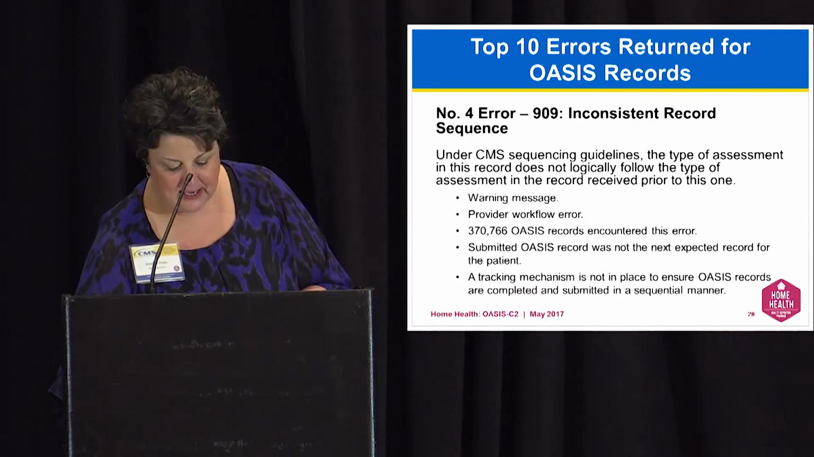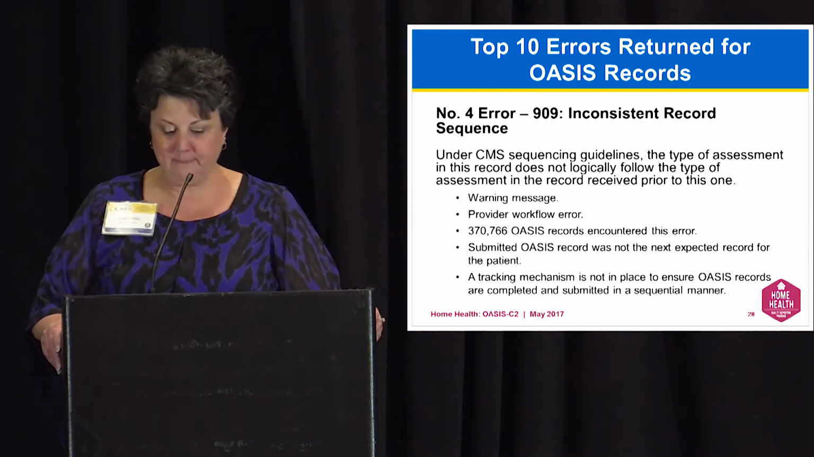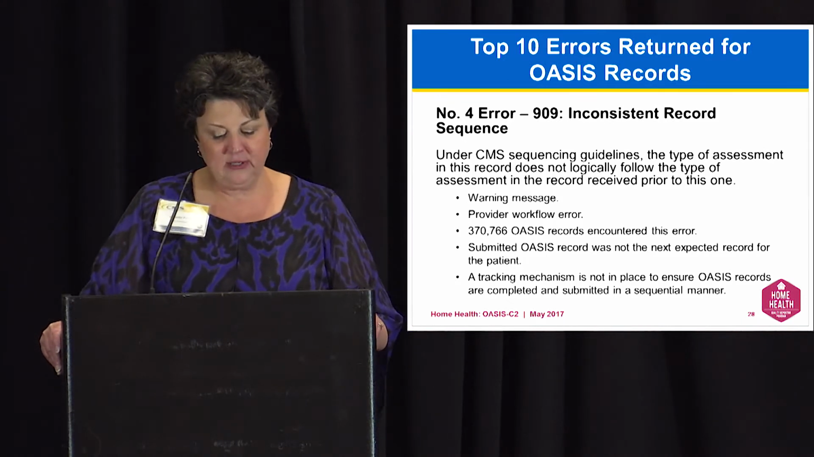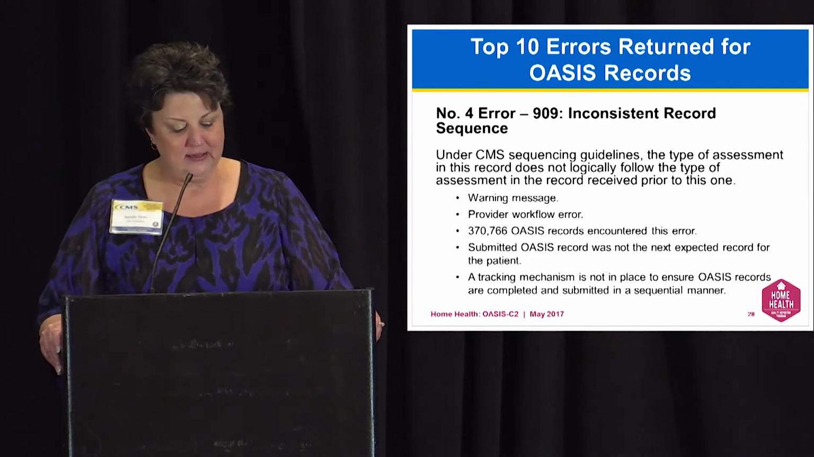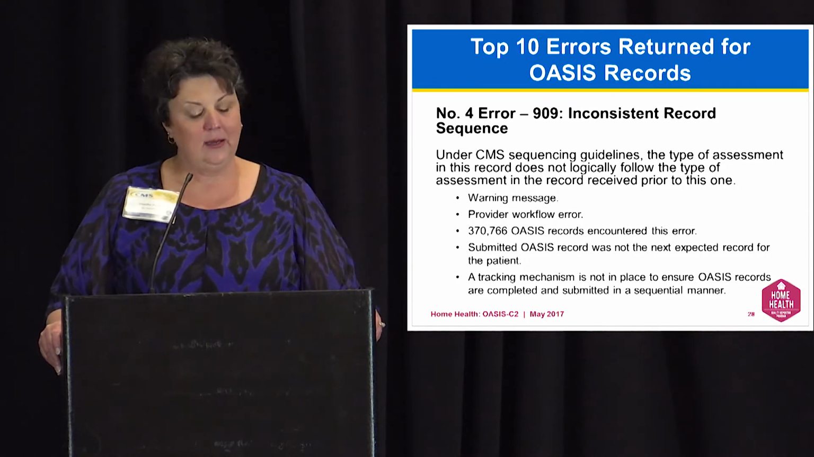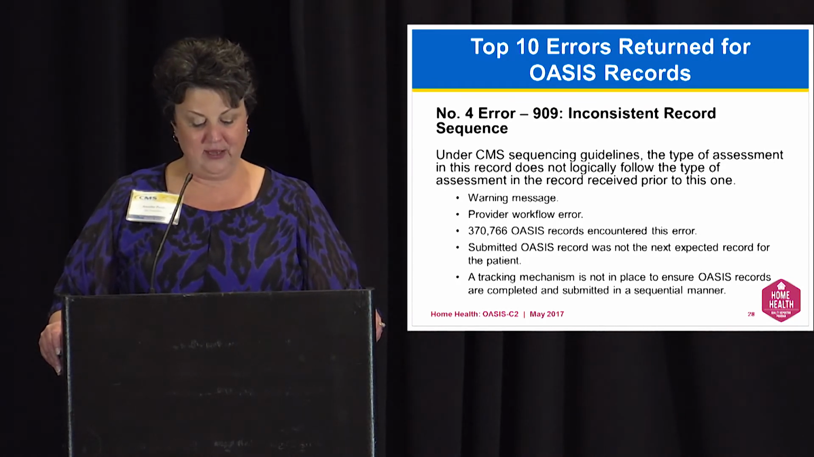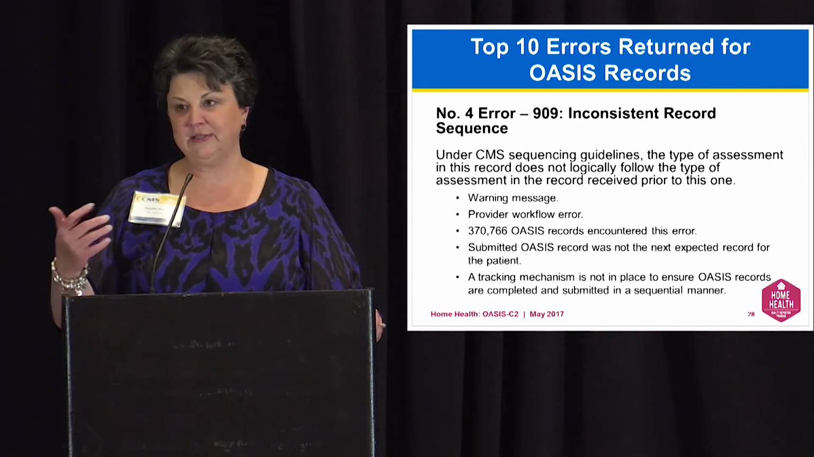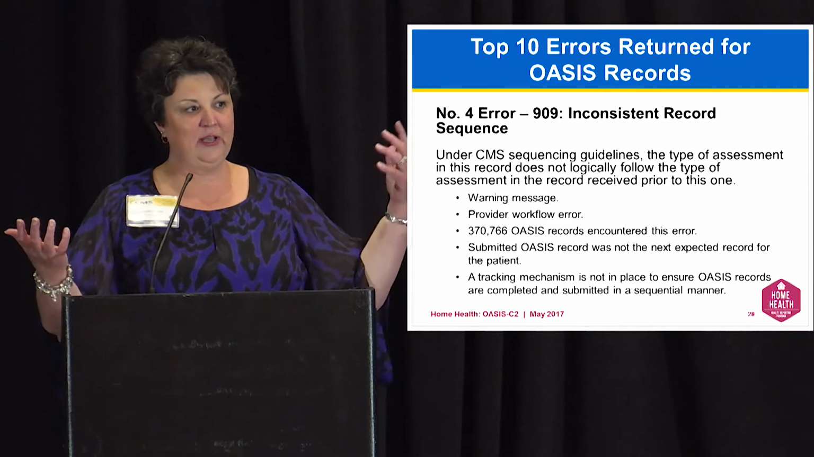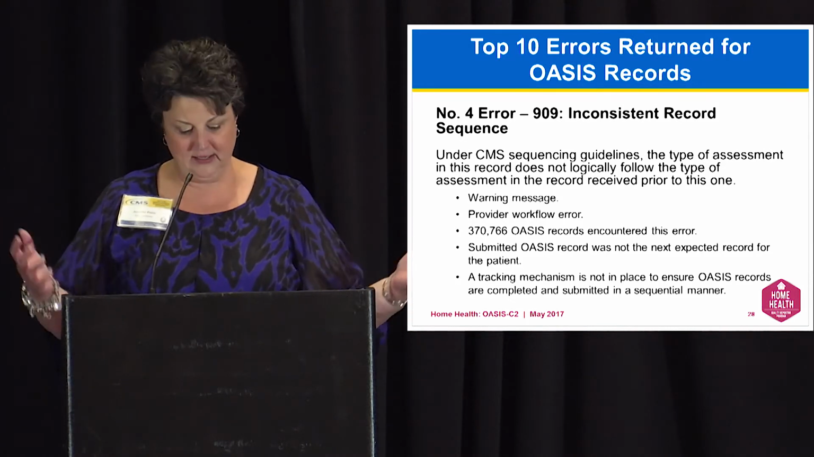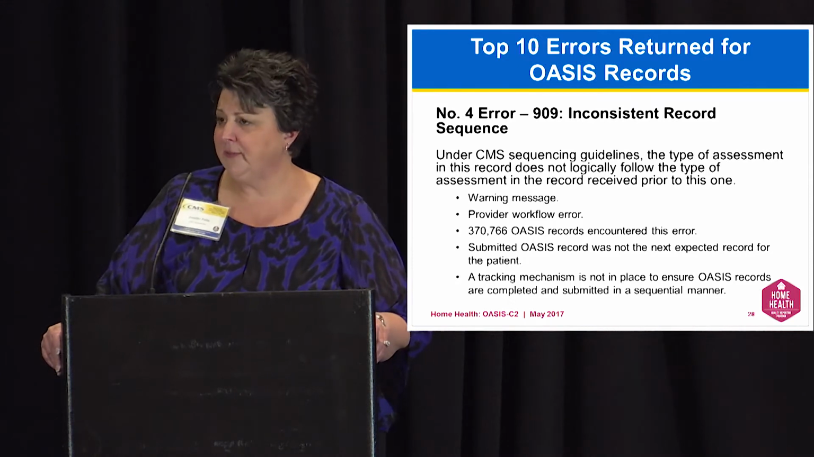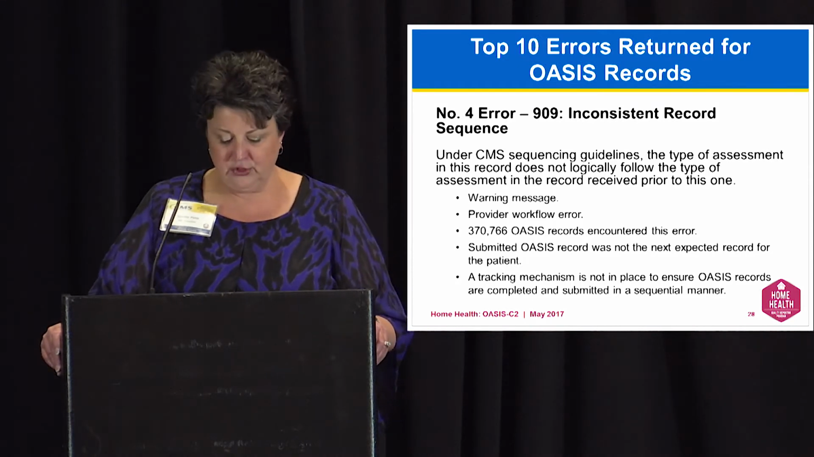The fourth most common error is 909. And this is a warning message indicating that the submitted record does not satisfy sequencing guidelines that have been established by CMS compared to the record that was submitted to the system prior to this one for the patient. So this is the example of the resumption of care went in and then the start of care. And again, it's a workflow issue. There's a very limited number of exceptions to these